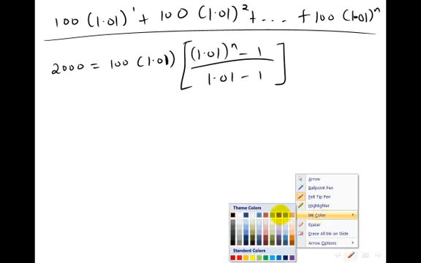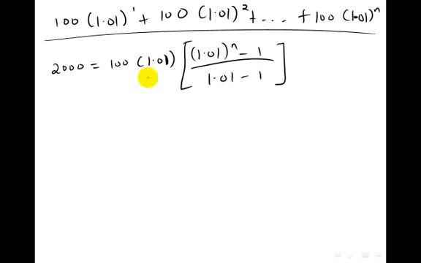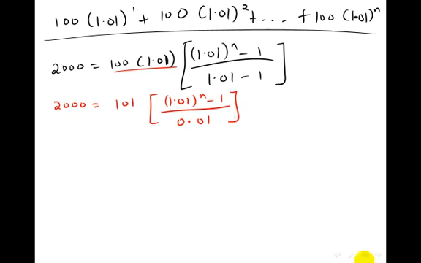Okay. Here, first thing I'll start to simplify. I would multiply this one. It will be 101. I'll subtract this one, you'll find 0.01. Okay, now